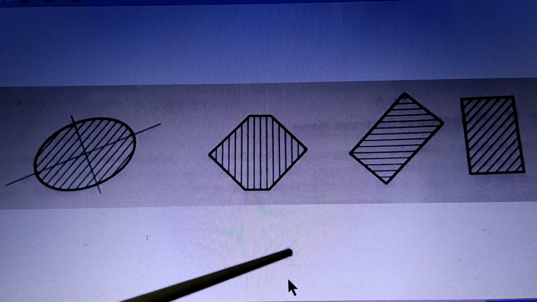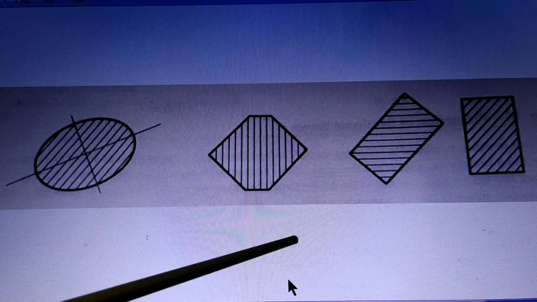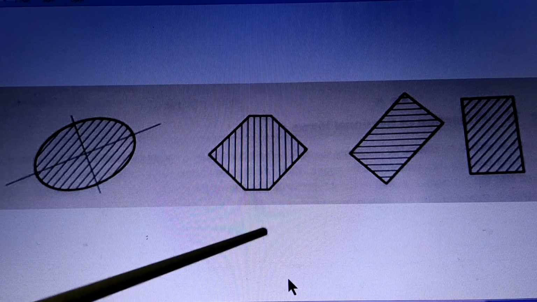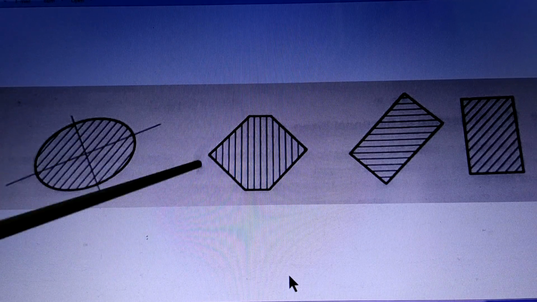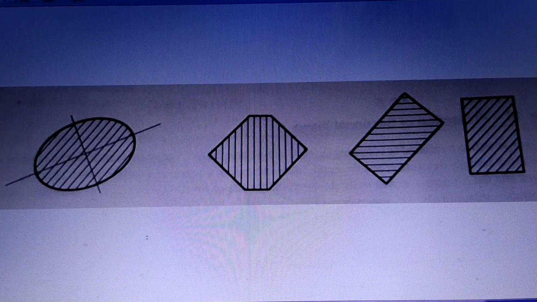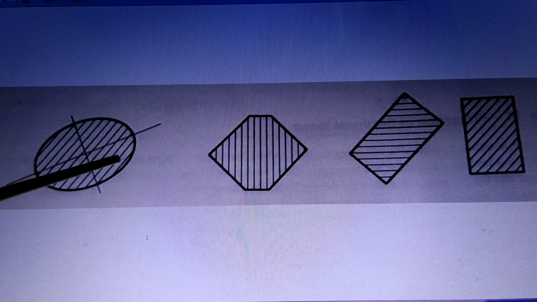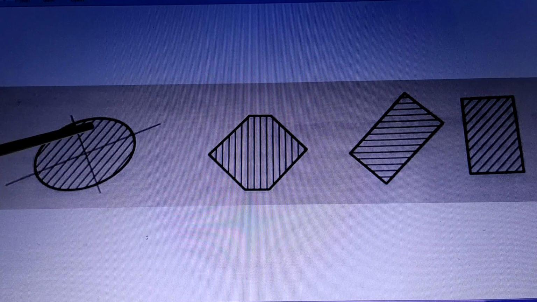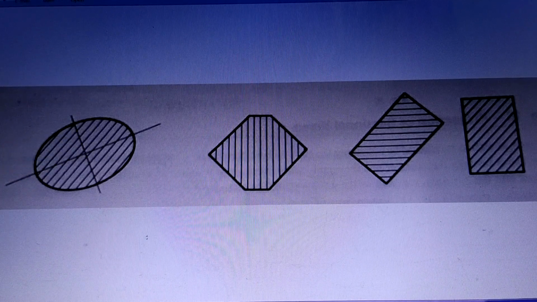So we have got three types of lines, three intensities of lines: light lines, which are construction lines; medium lines, which are dimension lines and section lines; and then the outlines, which are the darkest of all lines. So this is how we draw the section lines. Moreover, they should be drawn with uniform spacing between them. So when you draw these lines, the distance between the two lines should be approximately equal.